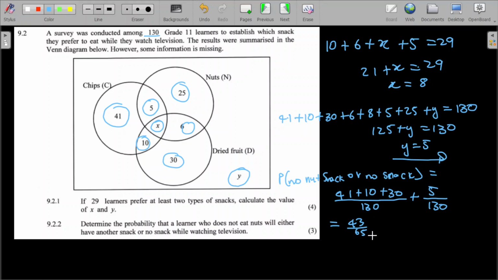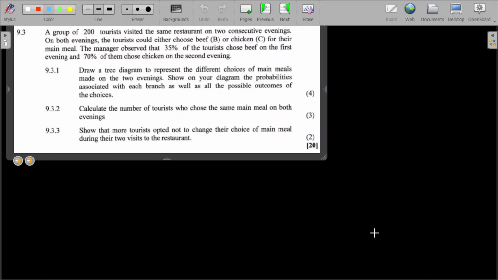That's the probability there. Now 9.3, a group of 200 tourists visited the same restaurant on two consecutive evenings. On both evenings, the tourists could either choose beef or chicken for their main meal. The manager observed that